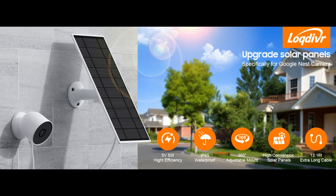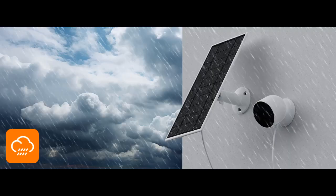Introducing the highlight features and overview summary of the Loqdivr solar panel for Google Nest camera. The features include continuous stability and an efficient solar panel for Google Nest. The upgraded solar power panel charger utilizes high conversion rate monocrystalline silicon material, providing fast and efficient charging for the